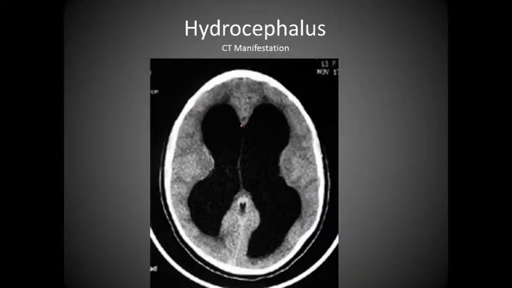Here's another image with very large lateral ventricles. As we can see, we have the septum pellucidum dividing here, but the lateral ventricles are quite large, and so it'd be very interesting to see what kind of